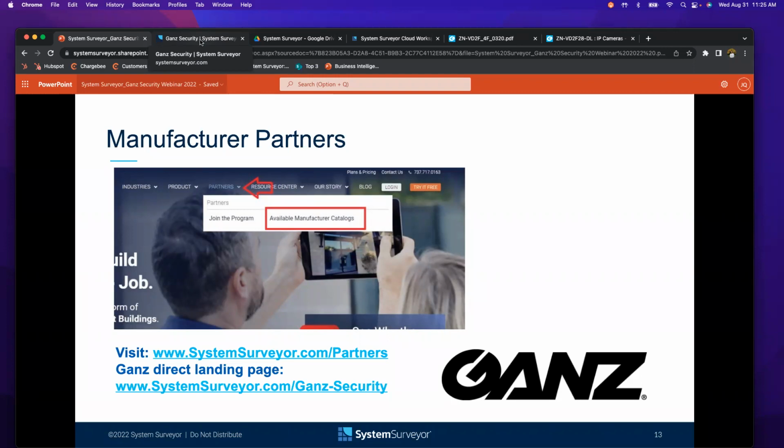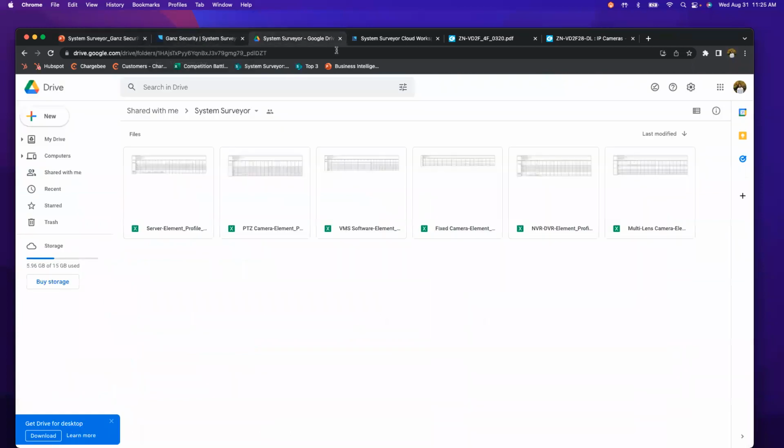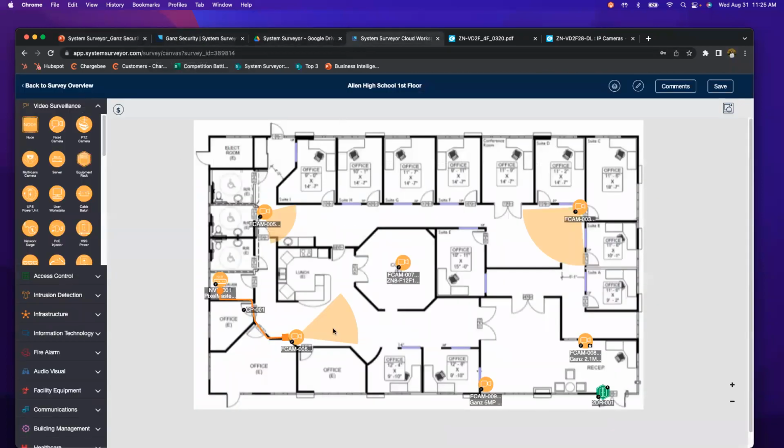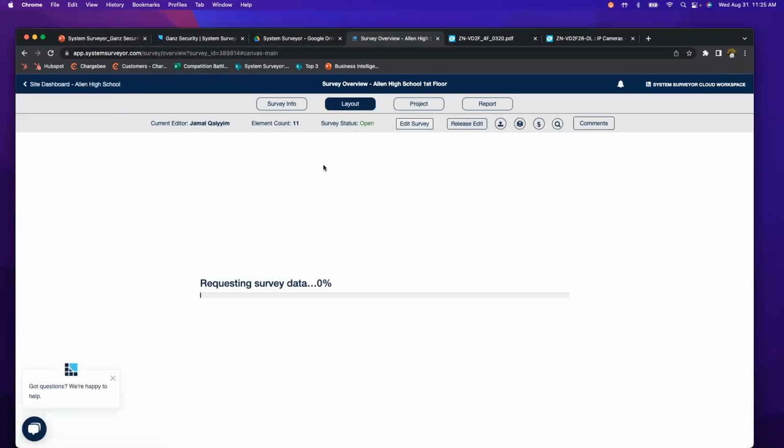Great. Okay. And Jamel, if I was to create a floor plan in System Surveyor, would I be able to share my layout with my customer? Yes, absolutely. There's a couple ways that you can do that, and I'm going to hop back into System Surveyor. So we'll save this. One of the ways that you could do that is inviting them as a guest,